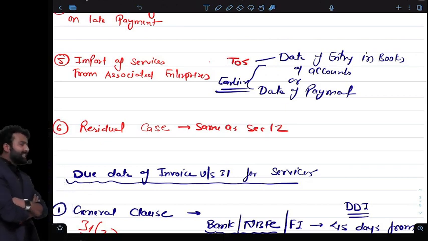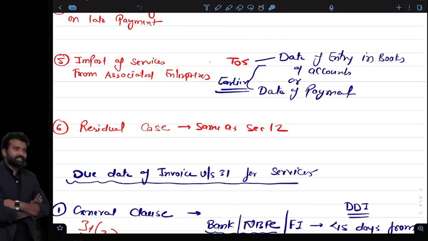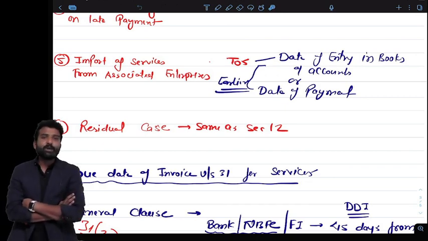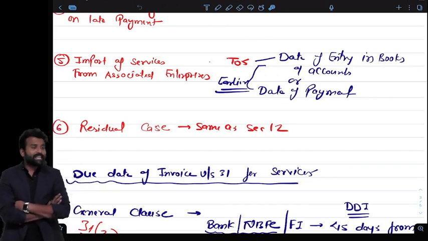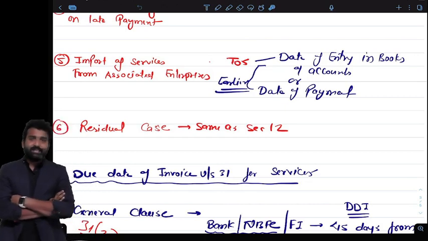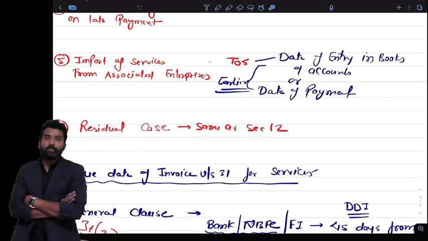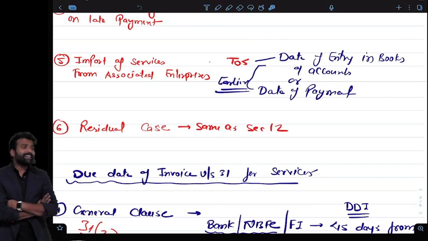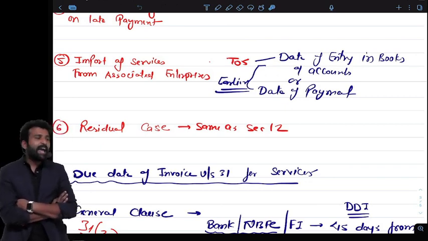So what is the difference between 12 and 13? Only in the general case. In the general case, section 12 says DOI or DOP, whichever is earlier. In section 13, general case, it says please check whether the invoice is prepared within 30 days or later than 30 days. If it is within the 30 days, then DOI or DOP, whichever is earlier. If it is later than 30 days, then it will be DOS, date of supply of service,